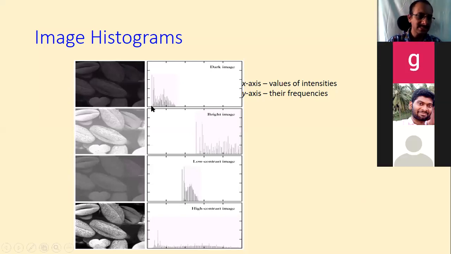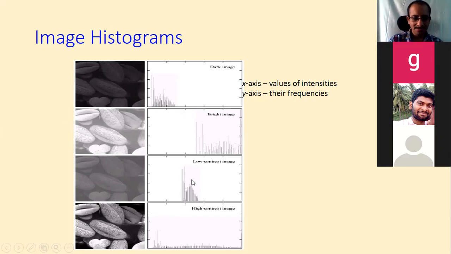We can stretch this histogram or the contrast such that the minimum can be moved to 0 and the maximum can be moved to 255. Similarly here, the minimum can be moved to 0 and the maximum can be moved to 255, already 255. That is referred to as contrast stretching. It is a linear stretch operation or some kind of stretching operation of intensities, with the motive that instead of the intensities ranging in a small region, you want to stretch them to the 0 to 255 region. That is the main motive of contrast stretching.